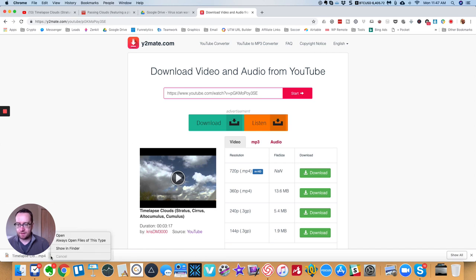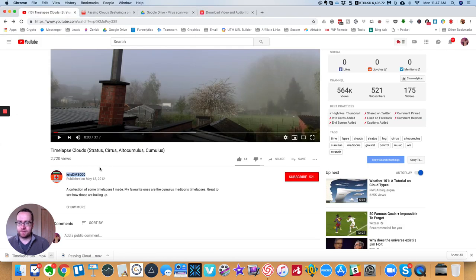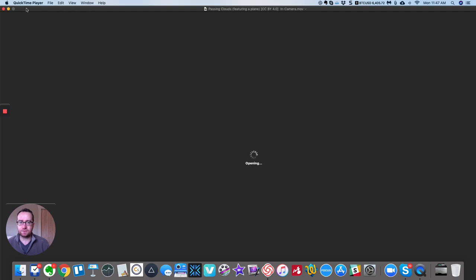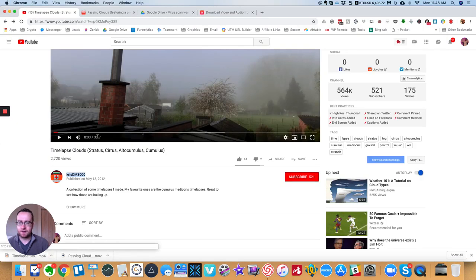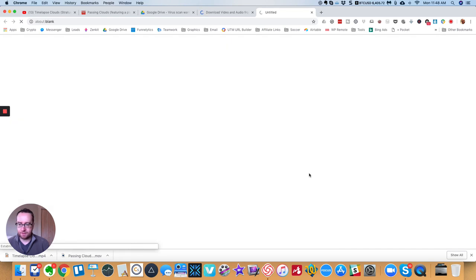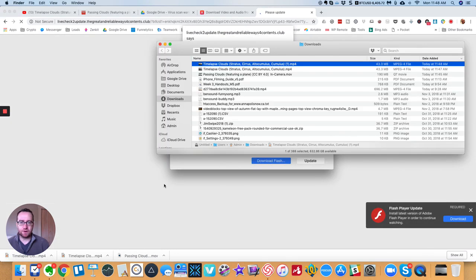So another way of doing that would be, let's show this in the Finder. But when you download it, you want to make sure that you have that attribution, because you do have to have that attribution in order for it to be valid. Okay. Right there, CC BY 4.0. CC is Creative Commons. But when you download it, and I think, yeah, so we're just downloading this one here. So what you can do is you can go show in Finder,